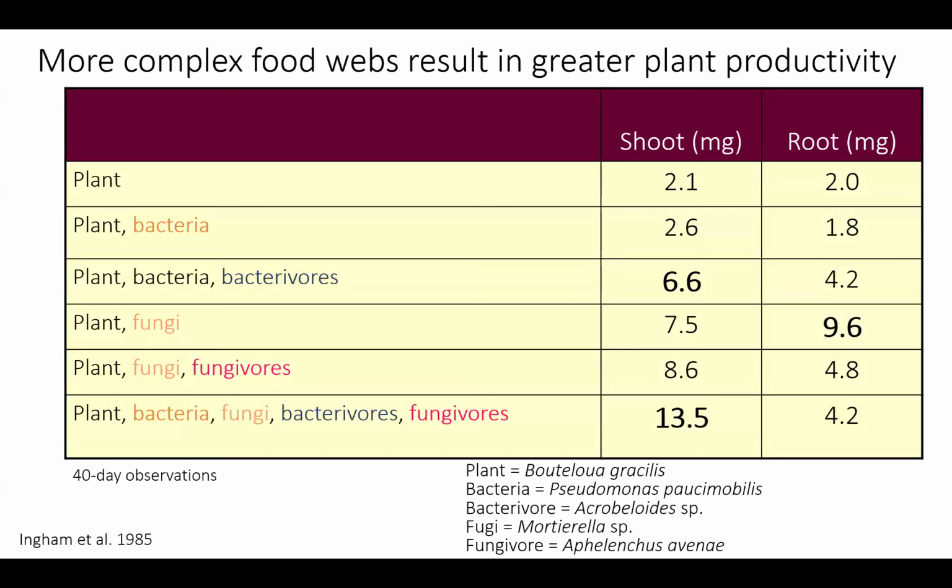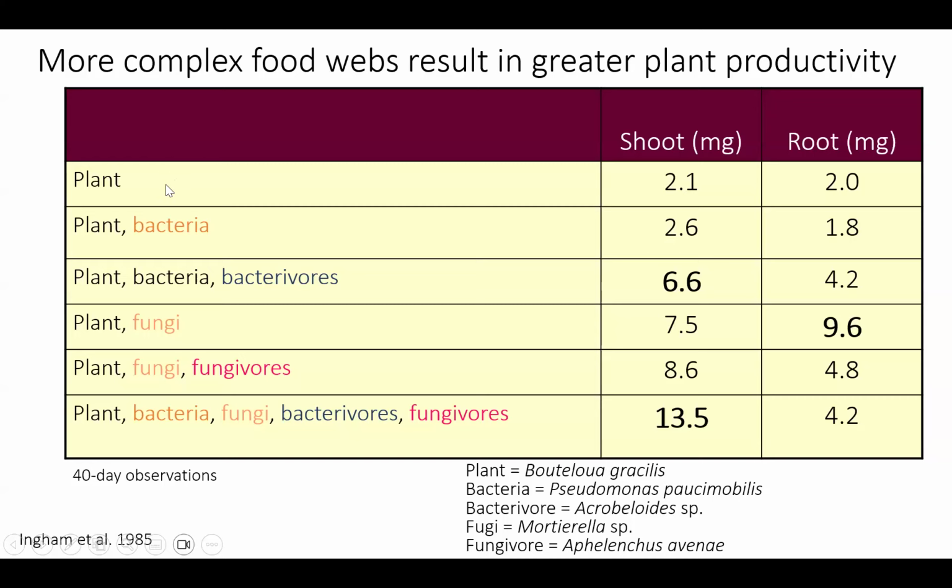Another point is that we want complex food webs, and this slide is to remind us about how more complex food webs result in greater plant productivity. So what do I mean by a complex food web? This is a study. It was actually dealing with a grass, but it applies to